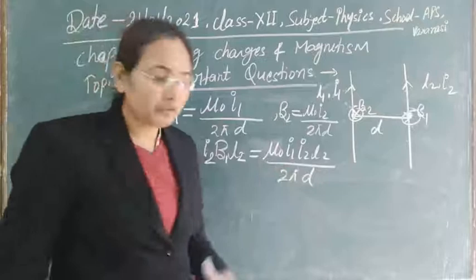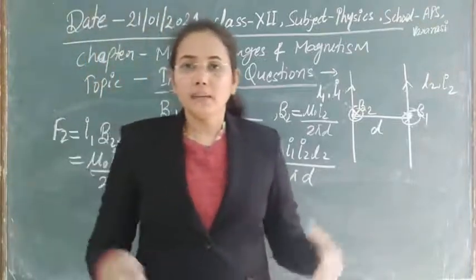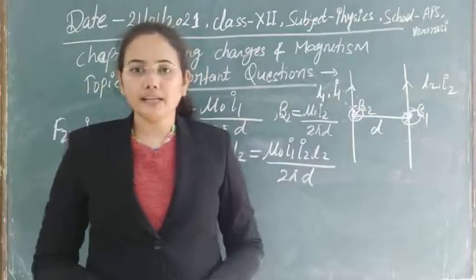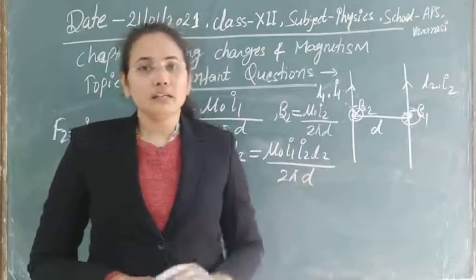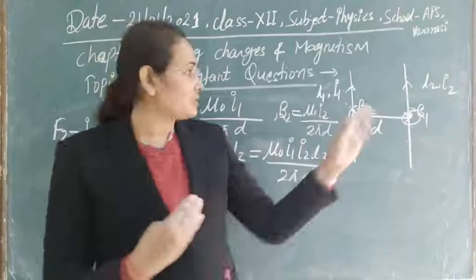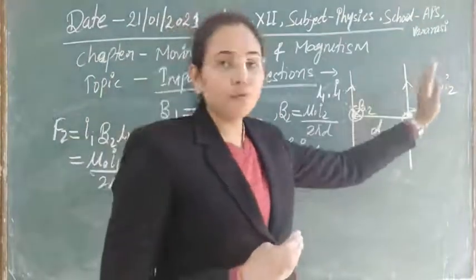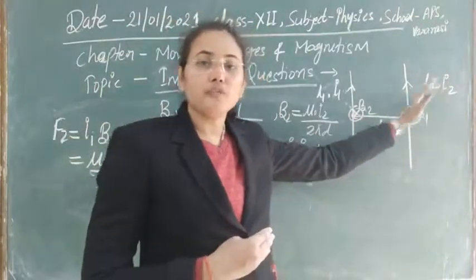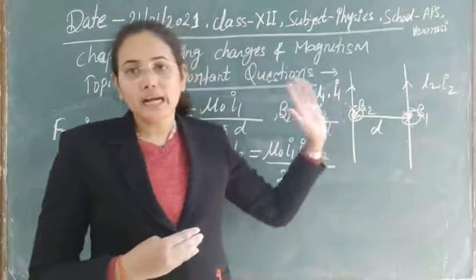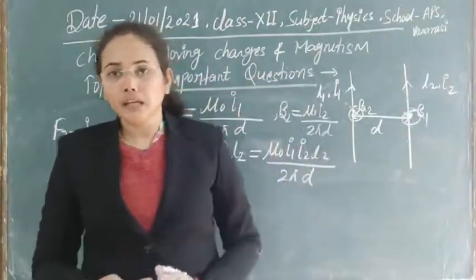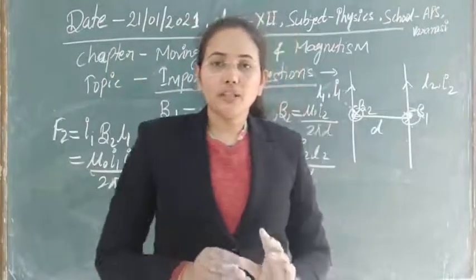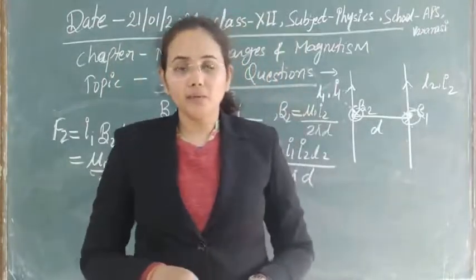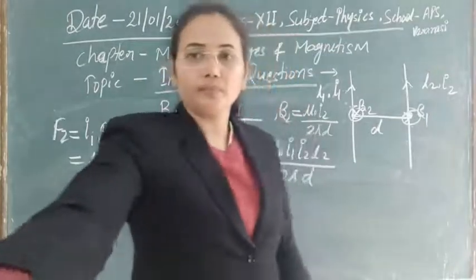So it means that whenever we are taking a number of wires of different lengths, if we find the force per unit length, then the force per unit length imparted on this wire and on that wire will both be equal here. Clear? So I think these two are now equal. Then let's solve one numerical problem based on this also.